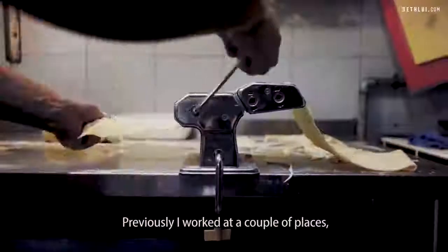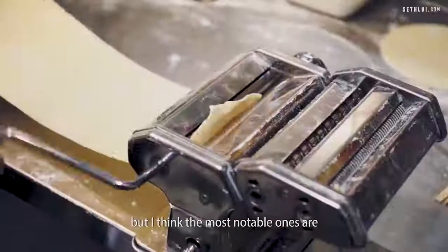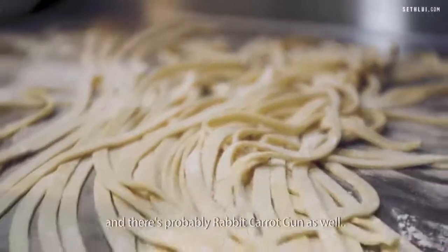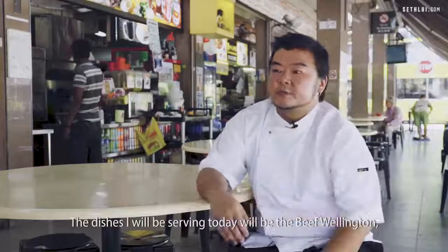Previously, I worked at a couple of places, but I think the most notable one is Wulumulu Steakhouse, Dan Ryan's American Steakhouse, and there's probably Rabbit Carrot Gun as well. The dishes I'll be serving today will be the beef Wellington, New Zealand lamb cutlets, Jimmy's carbonara, and the Australian